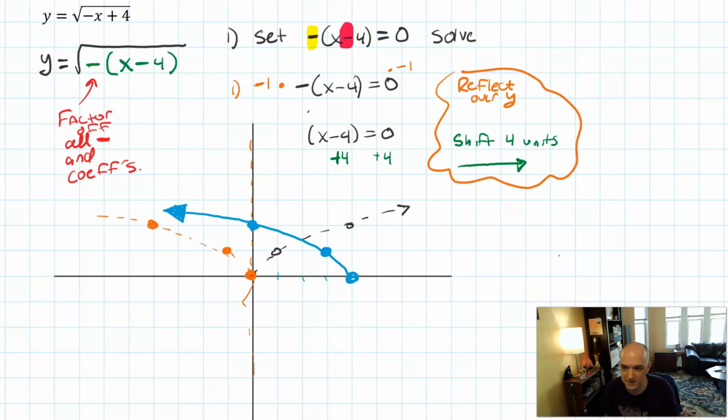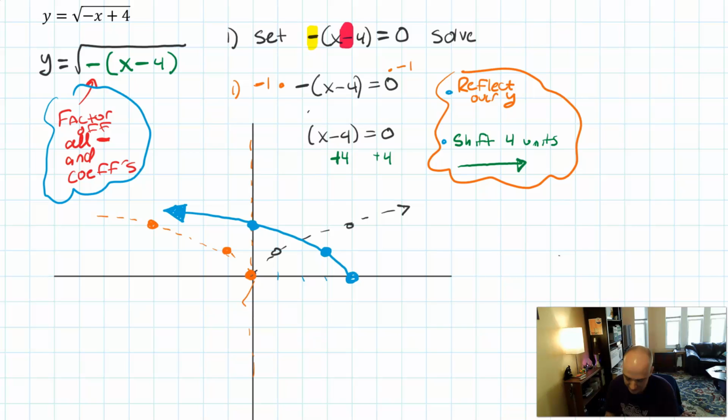So when you're doing those input transformations, if you would like to do the reflection first, which may be easier when you're drawing these, you have to make sure you factor out the inside and factor off any and all coefficients and or negatives. That would also permit you to do the stretch first, too. So the order of the transformations that you're going to do is always the order when you set the argument here equal to 0, you're going to solve that equation in a specific order. And the order you solve that equation is going to be the order of the transformations that you approach on